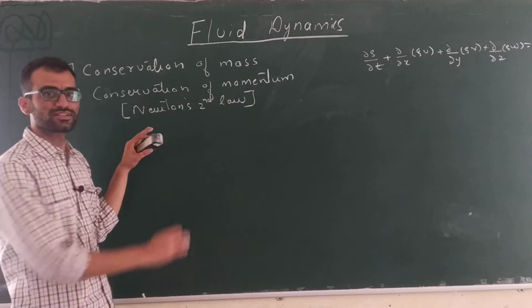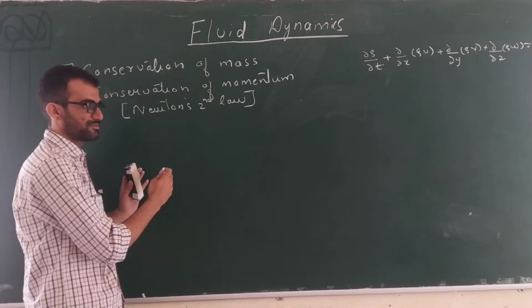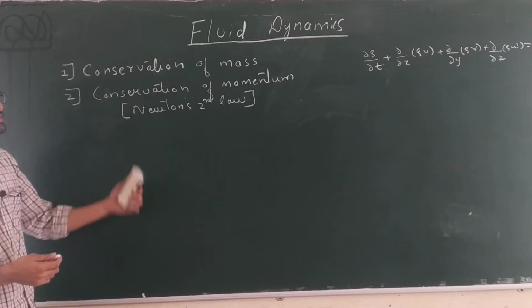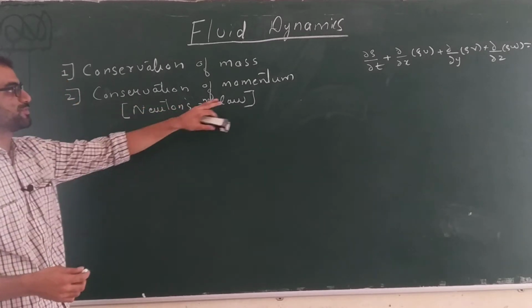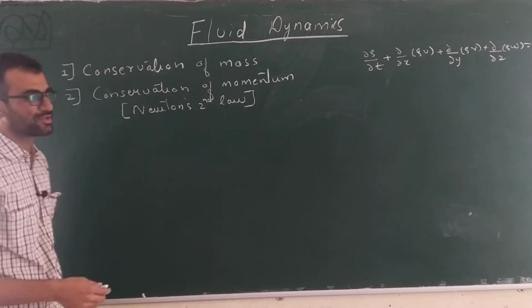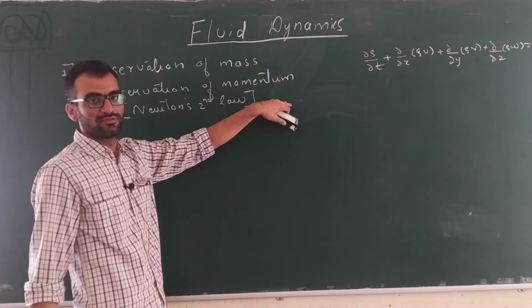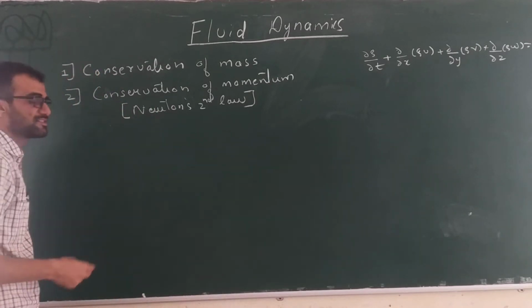Okay, so this is Newton's second law of motion. If we apply this law to fluid flow, now we are generally using the control volume approach. So if you apply it to a differential element or differential volume of fluid, you will get a conservation of momentum equation. Okay, so you will get the momentum equation for fluid flows. Now as we have to consider forces, we will see what are the major forces that we might encounter in civil engineering problems.